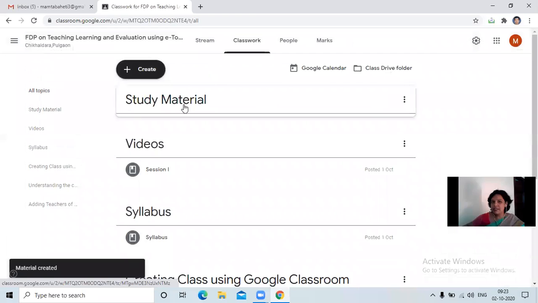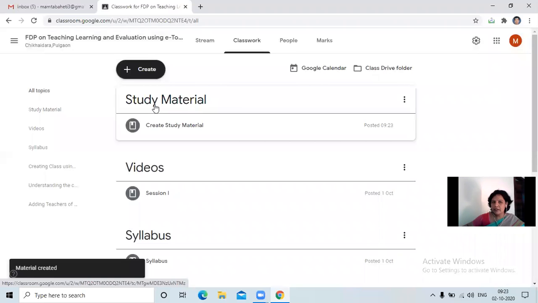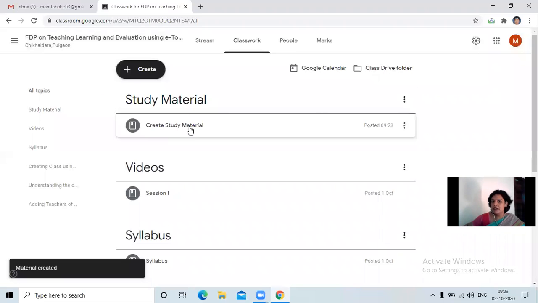So here you can see under the heading study material, create study material with its posted time. This material I selected from the Google Drive. Now, on create material,